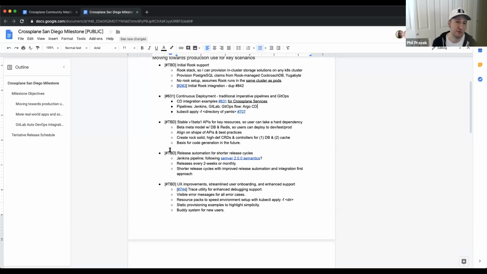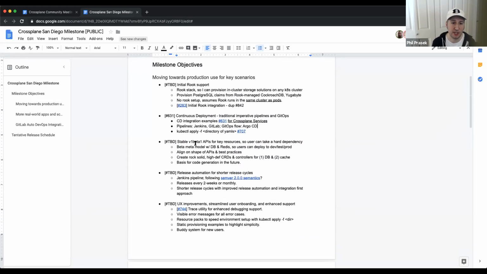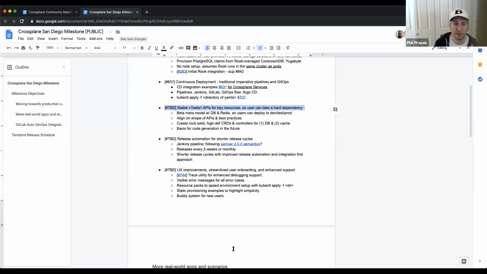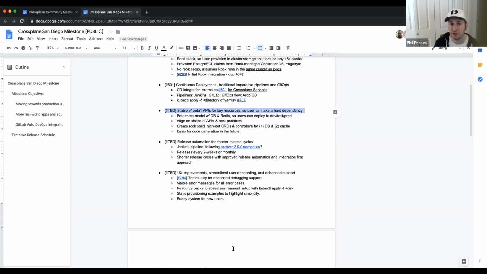Also, in terms of moving towards production use, we want to get to stable v1beta1 APIs so that people feel more comfortable taking a hard dependency. We're currently v1alpha2 for most of our things in the out-of-tree stacks, and the in-tree stuff I believe is still v1alpha1. I'm not sure if that got bumped to alpha 2 yet, but what we're looking at here is solidifying around a beta